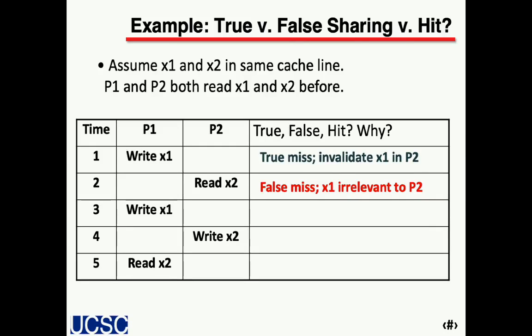Now let's say P1 writes to X1 again. That's also going to be a false miss, right? Because it's the same cache line, different word. It's going to be triggering coherence traffic. And once again, P2 does not really care about X1, just the same as P1 does not care about X2. But these are going to trigger more transactions. Now,